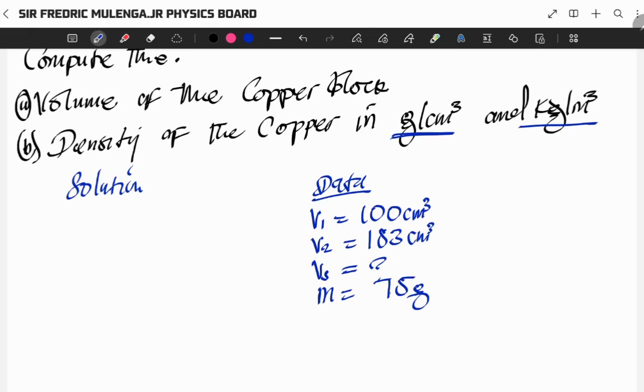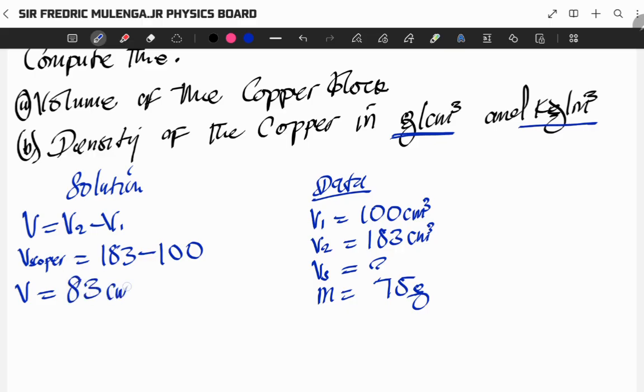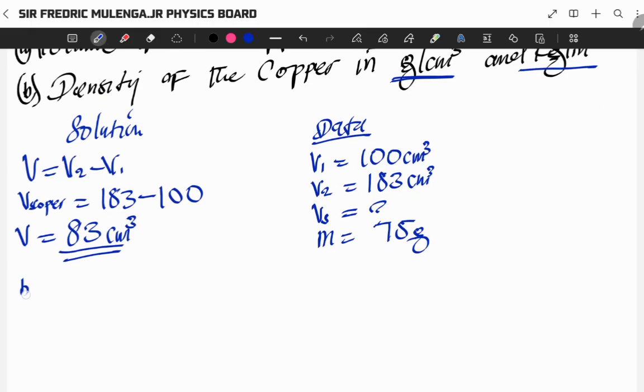Okay, so we go ahead and solve that. So volume of the copper is V2 minus V1. So volume of copper is, so V2 is 183, minus 100. So what do we get here? So the volume of the copper is just 83 centimeter cubic. Done. We are done with A. Then B,